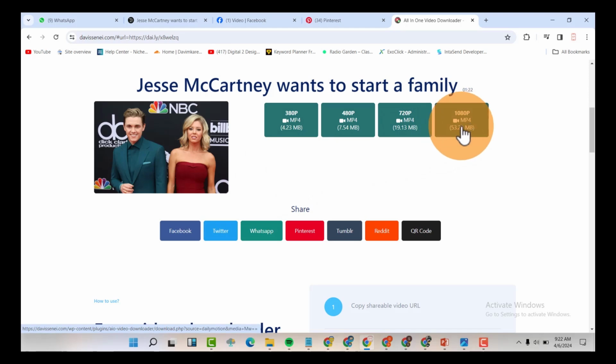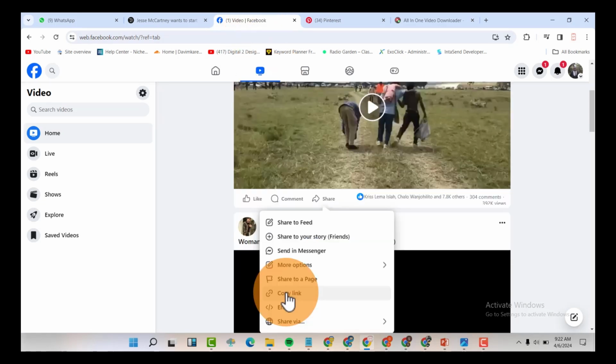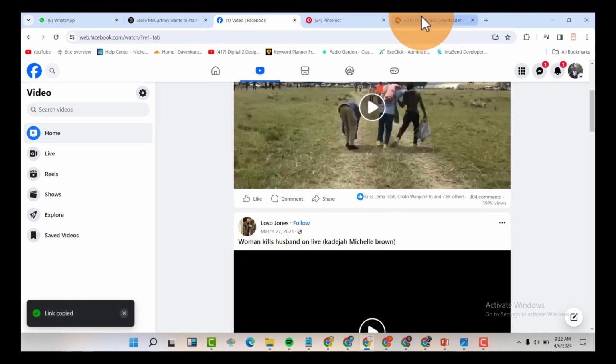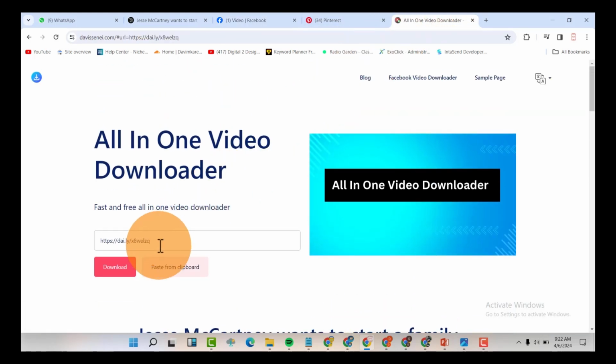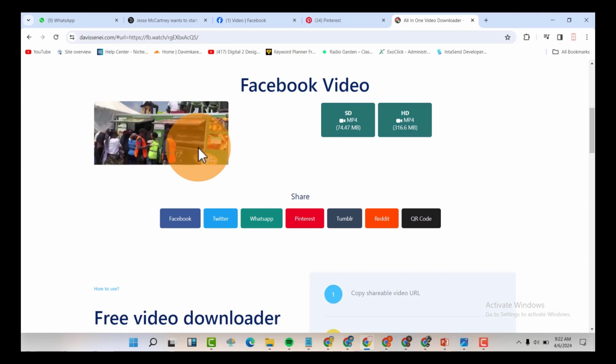So you can just click on download, but let me just go to another one still. So from this site, share, copy link, you can see that it's also available here.